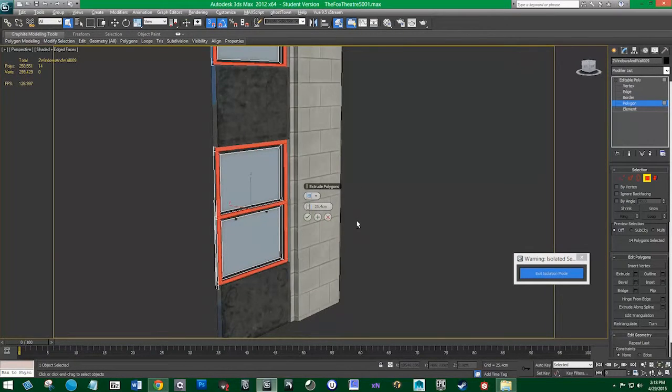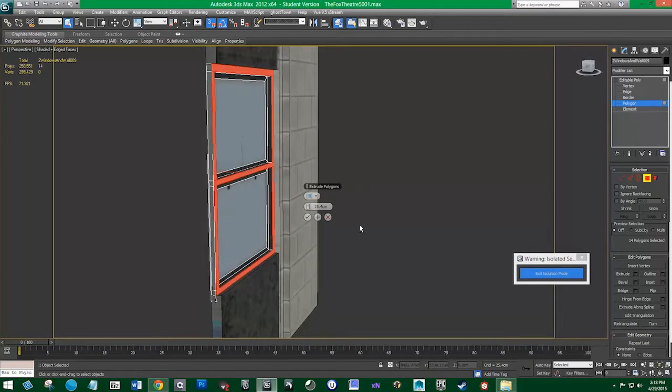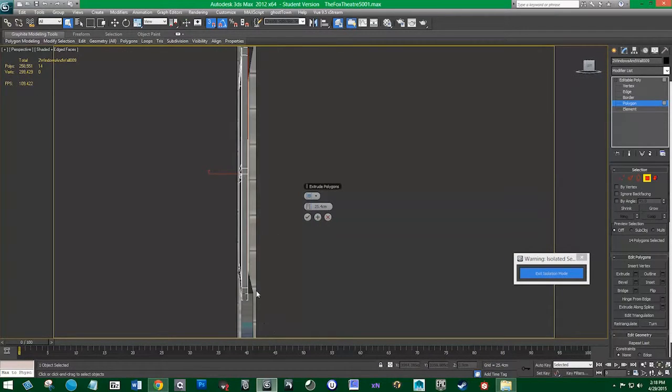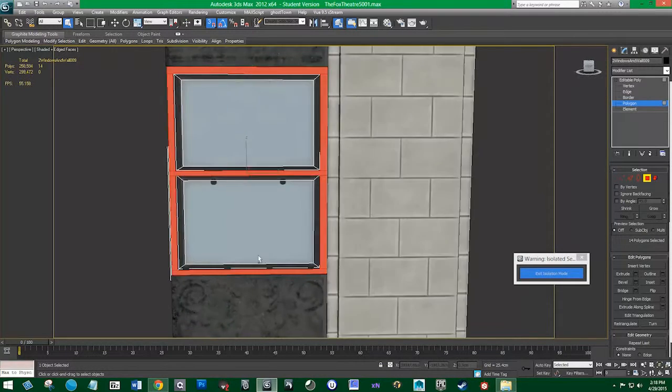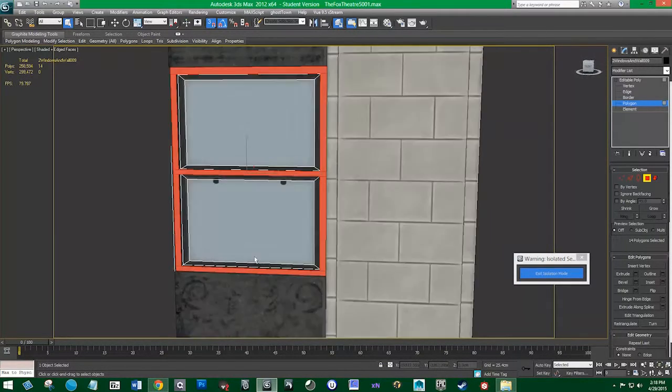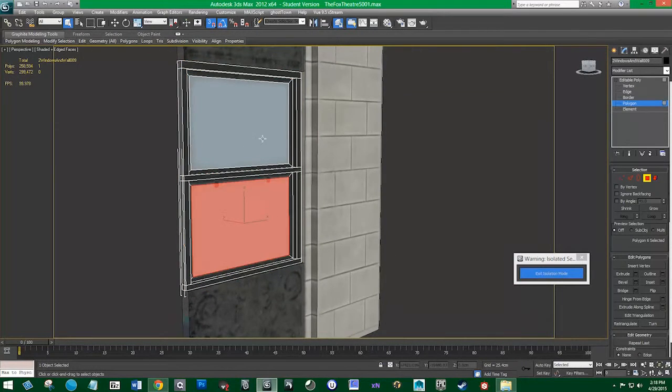Now this is actually going to be not further out than our piece that we just extruded. So I'd like to get some depth in here, but I think 30 should do it. Okay. Now let's select our window,